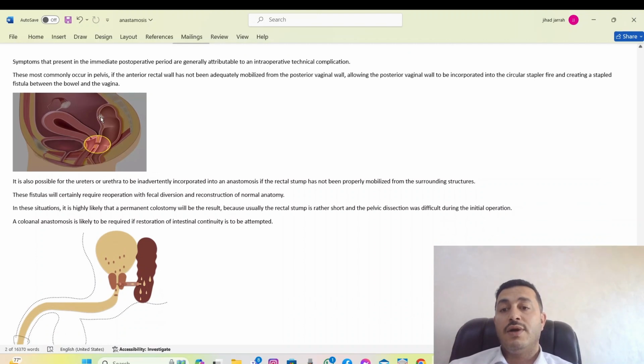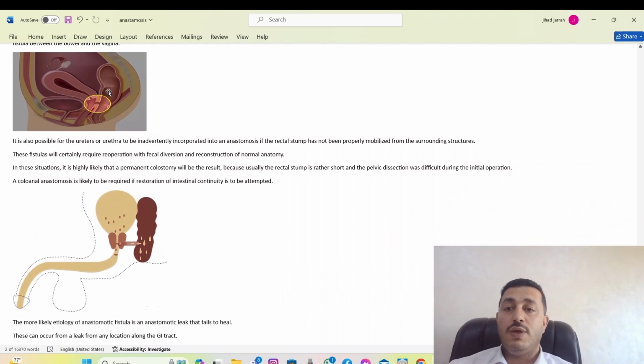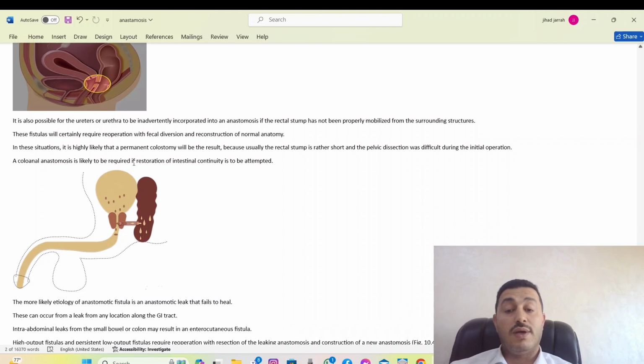As you see here, we have a fistula between the anterior wall of the rectum and the posterior wall of the vagina, and hysterectomy actually increases the risk of creating a similar fistula. The fistula can be between the urethra. Okay,